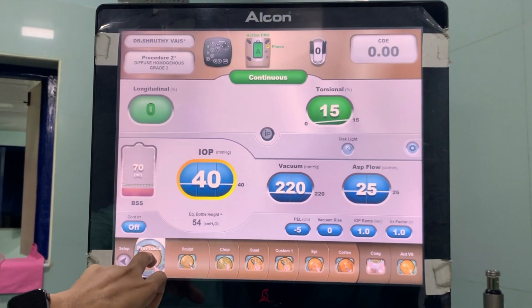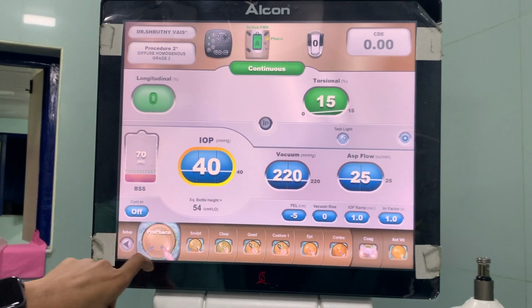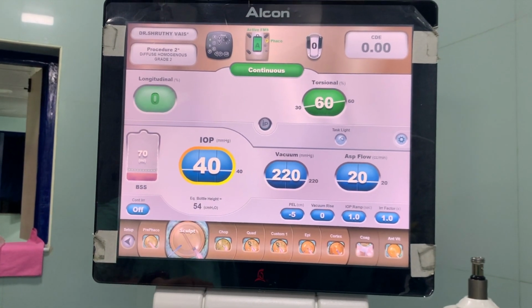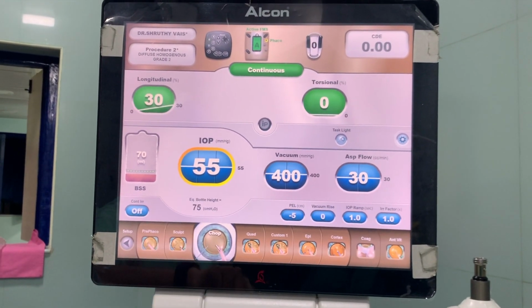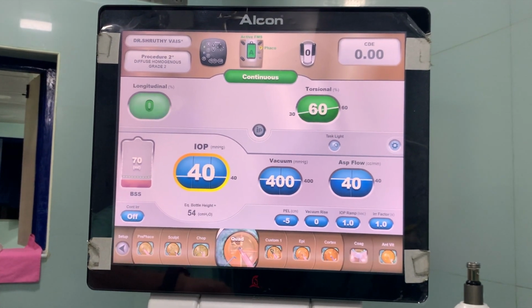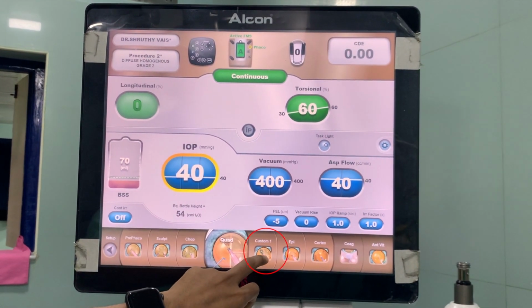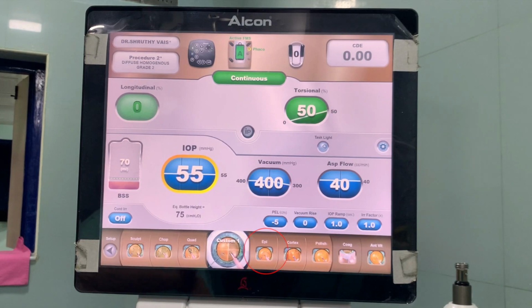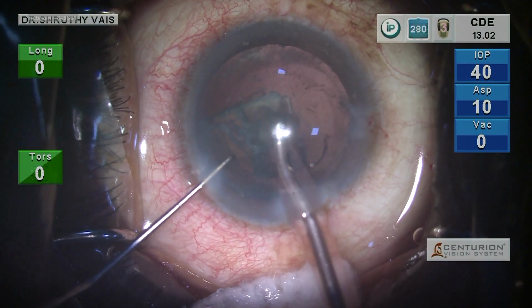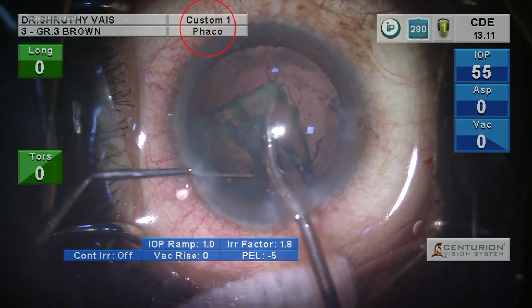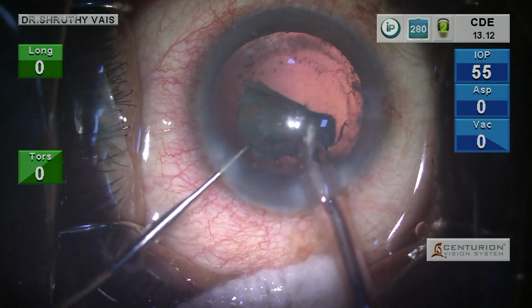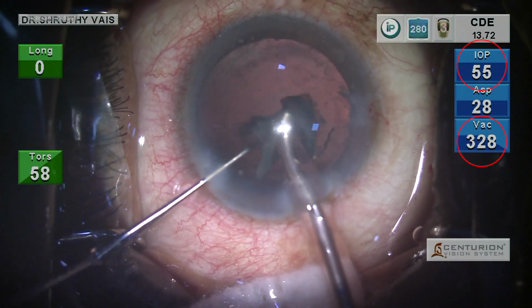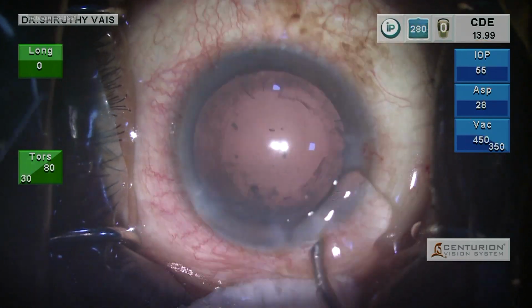Active fluidics has so much subtlety and adjustability to customize each step. So here we have many steps which we can customize, and I have customized the last quadrant removal. Here in this custom mode for the last fragment, I have increased the intraoperative pressure and reduced the phaco energy, as well as converted the vacuum to reverse linear mode to protect the PC.